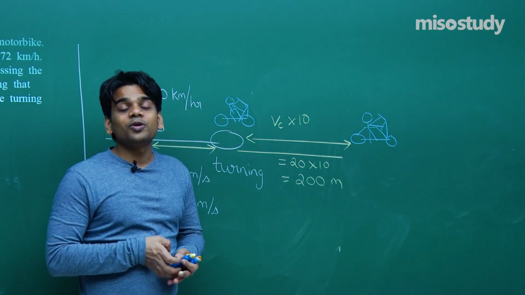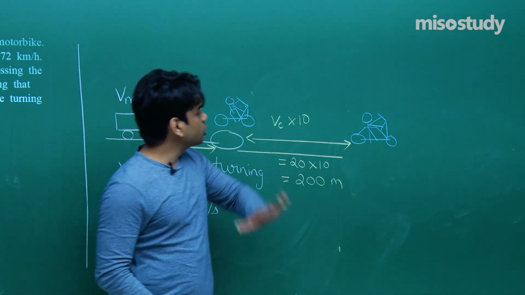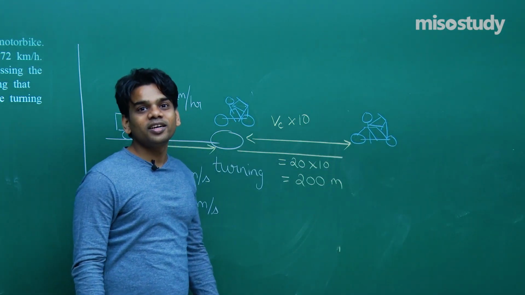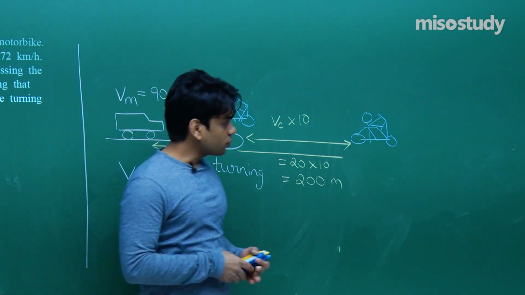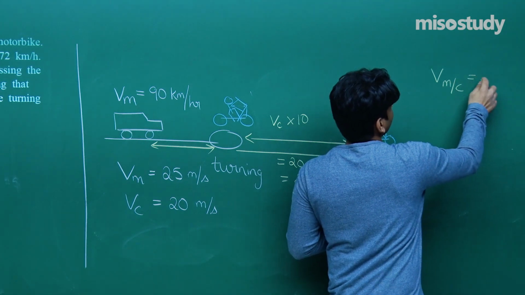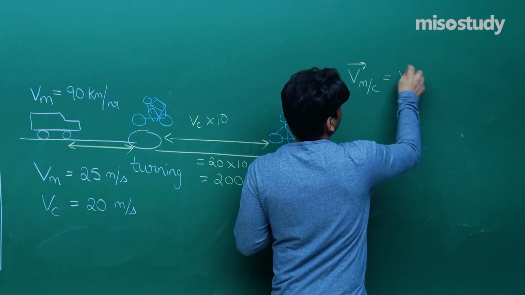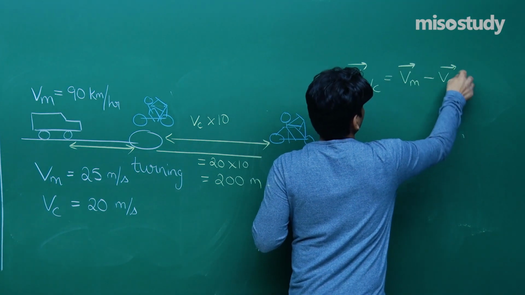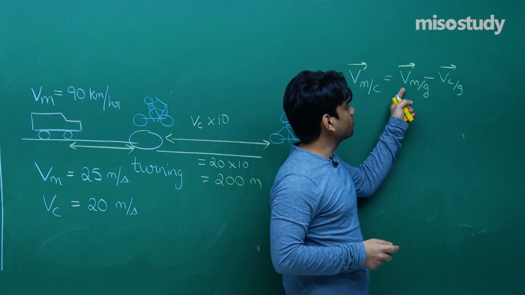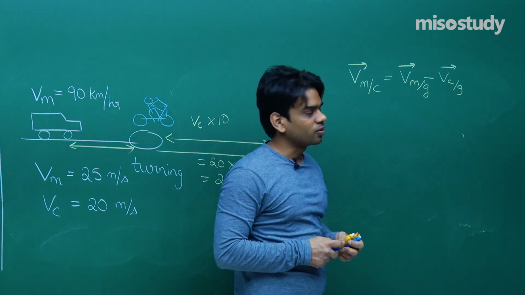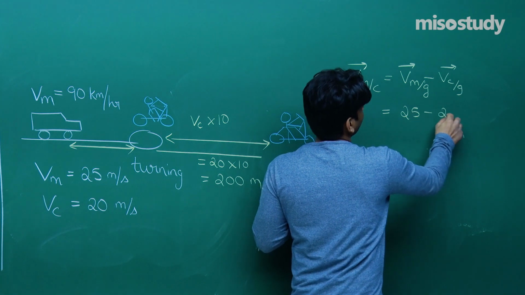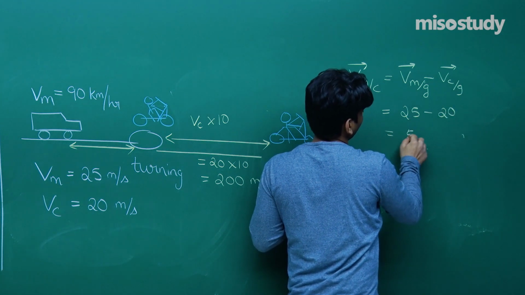Now you see here, we are going to use the concept of relative velocity. Let me stop the thief here. The policeman will start traveling with the relative speed of himself with respect to the thief. So if I stop the thief here, the velocity of policeman with respect to culprit will be velocity of policeman minus velocity of culprit, and let us use velocity with respect to ground. Velocity of policeman with respect to ground minus velocity of culprit with respect to ground. Let's proceed. Velocity of policeman with respect to ground, that is 25 minus 20, both are in same direction, that will come out to be 5 meter per second.